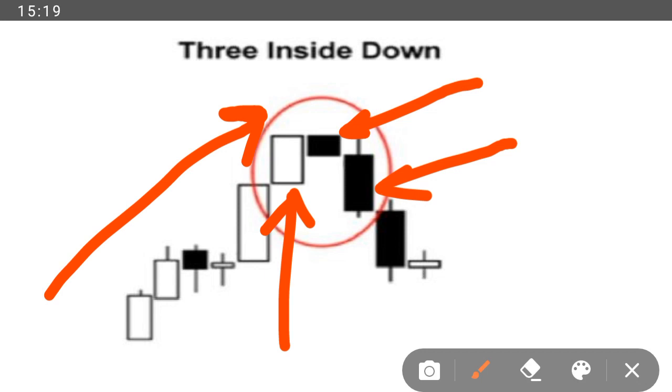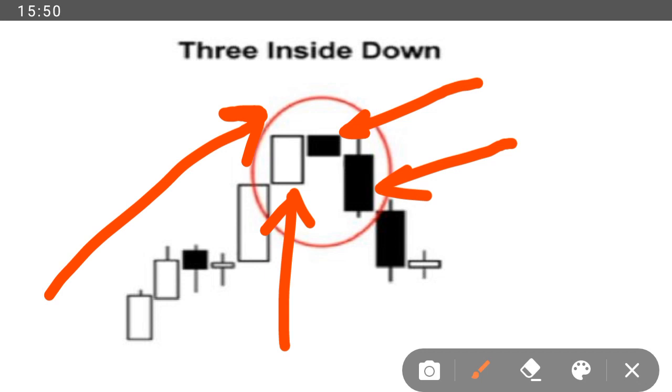Why? Because it must close lower than the first candlestick. So that is to prove to you that a downtrend has occurred. So if you were buying, if you had a buy trade, it's time to take profit and sell because sellers have taken over,